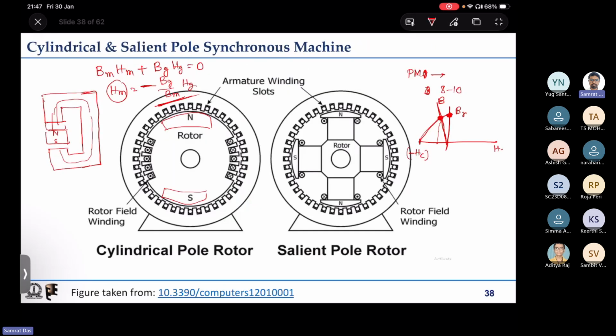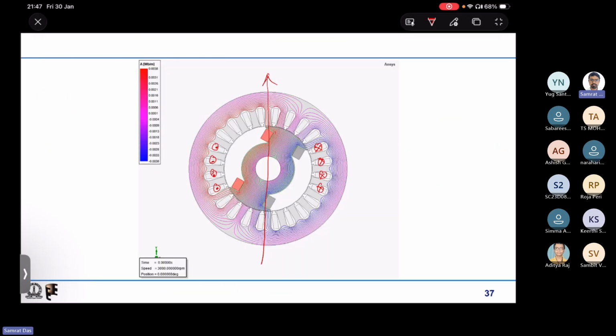On this demagnetization curve, if we calculate B into H at all points, B into H represents the maximum energy that the permanent magnet can transfer to an external magnetic circuit. For any permanent magnet data sheet, this number will be available, some kilojoule per meter cube. For the magnets that we have, like neodymium or samarium magnets, that number is quite high. But if we try to realize the same energy density with a wound field,